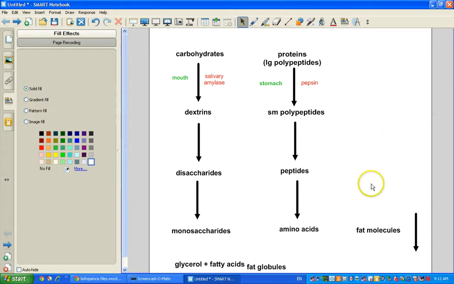Okay. And the last is fats. But fats are interesting, and we haven't talked anything about fats yet, so we're going to wait and talk about them later. So I'm going to save this for now,